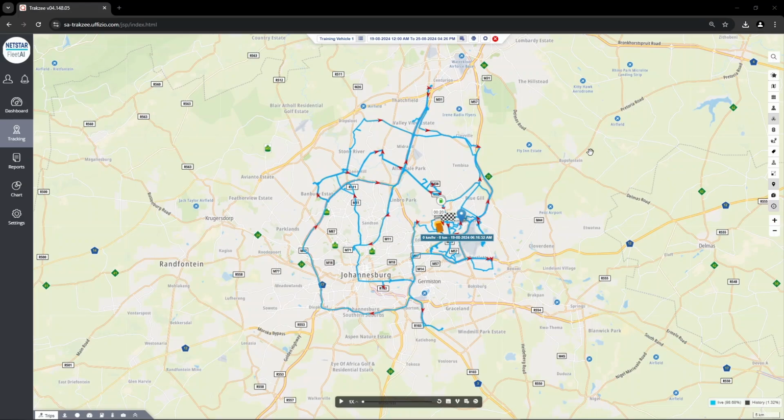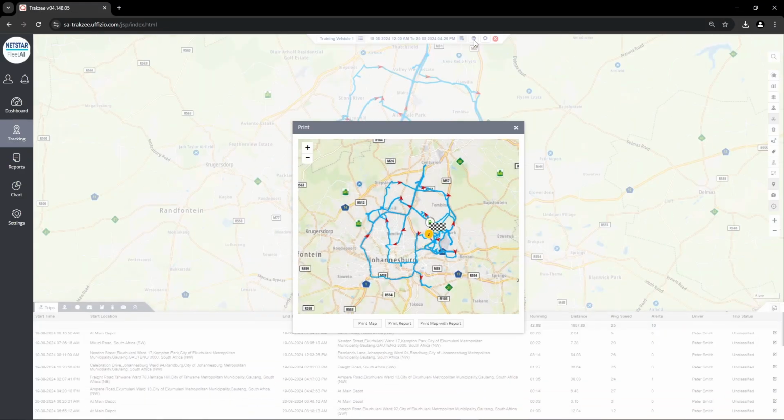In the Settings bar, users can also navigate between the vehicles they'd like to view in the Playback tool by clicking on the object name here, and the entire fleet will be displayed if there is more than one vehicle assigned to your profile. In the Settings button, users will access the following options: Print Map, which allows users to